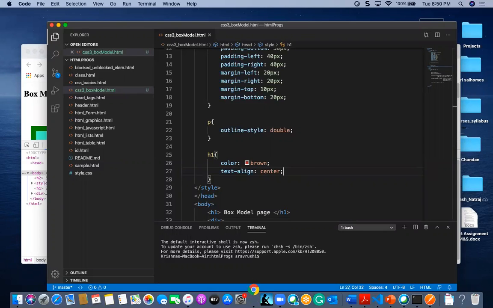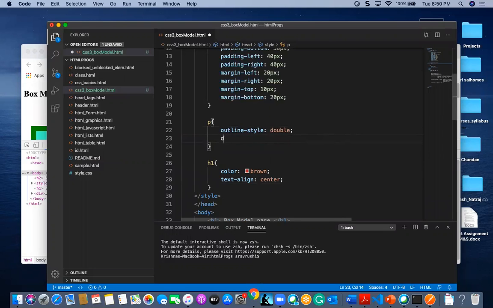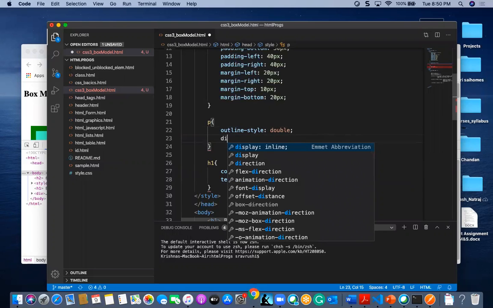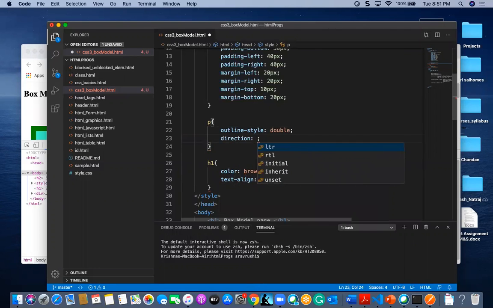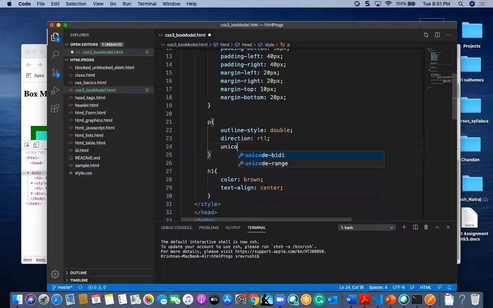And we can give directional override here. You already know this bidirectional parameter, bidirectional override. So you can give direction and RTL, right to left. Okay, and I can give Unicode bidi, here I can give bidi override, bidirectional override.